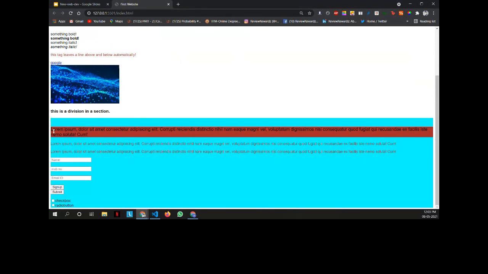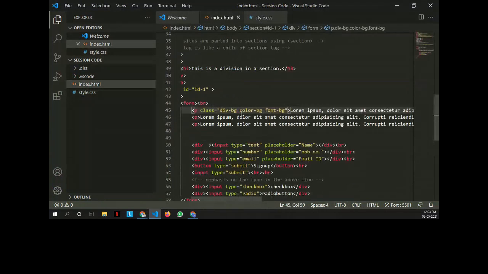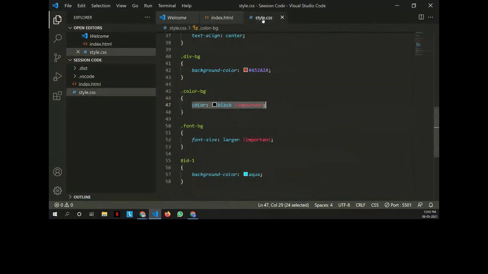It's absolutely fine, but you should avoid doing that, because we can add all these CSS properties in one class. This increases the code length and it also has a bad impact on code readability.